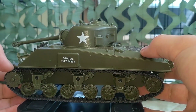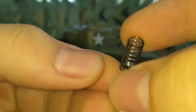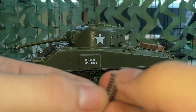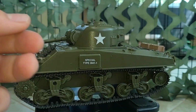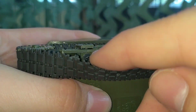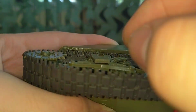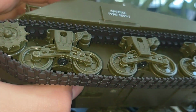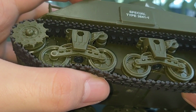But one thing that you could do is find a metal spring, if you have any laying around your house, and find 6 of them that are around the same size. If not, you can go ahead and buy some at the store. They're not that expensive, and you get a pack of quite a bit. What I noticed is that when you take the track piece off, all you have to do is unscrew this screw here, and this whole suspension with the bogey pops out, and then you just insert the spring into that peg, and then you put it back in and screw it in, not too tight, just a little bit loosely, and then it works as suspension,